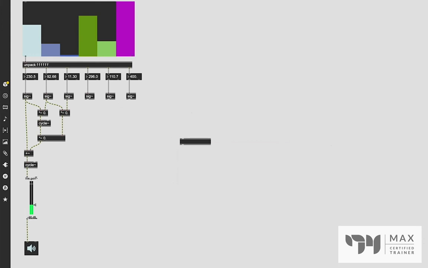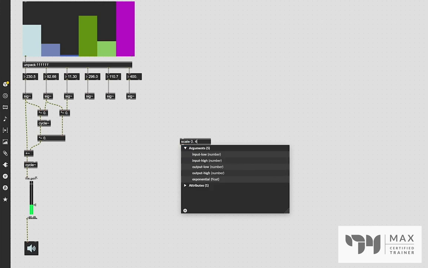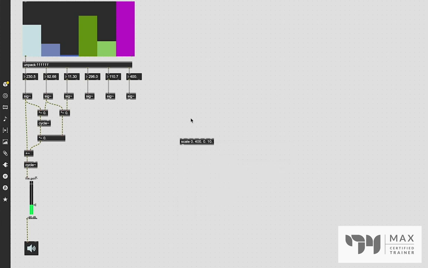In this case, we can then use the scale object and scale our 0 to 400 range to be something else that seems more appropriate. I don't know what that would be. I'm going to arbitrarily say between 0 and 10. Why not? So then if we just take that and we patch that into this patch cord right here, which